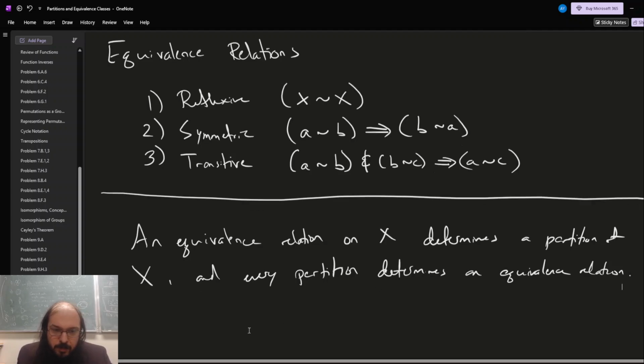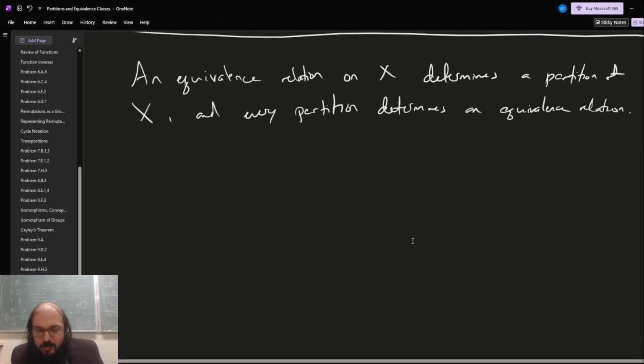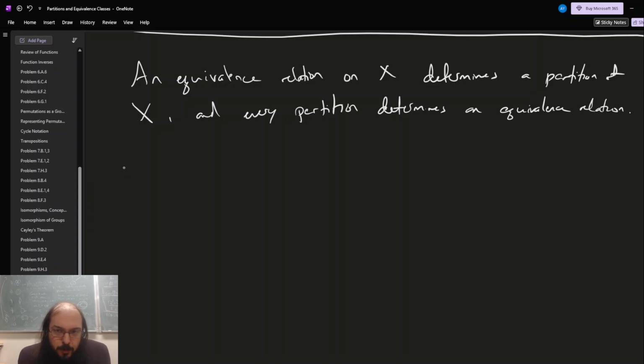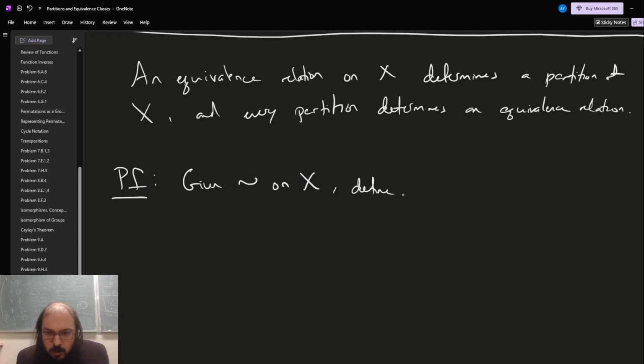This is the theorem for this video, I guess. So let's work on the proof. And here's the idea. Given an equivalence relation on a set X, what we do is we define the partition